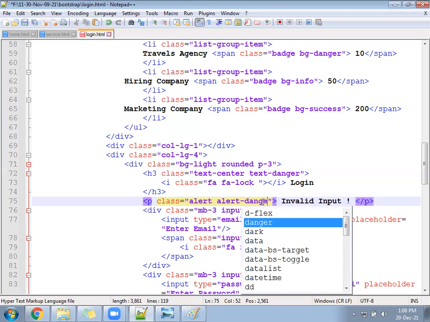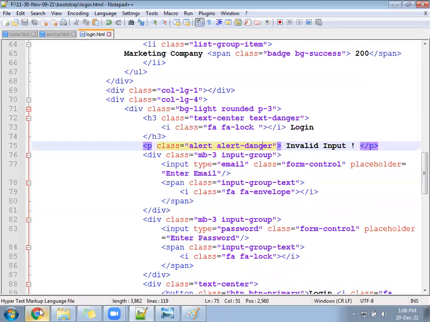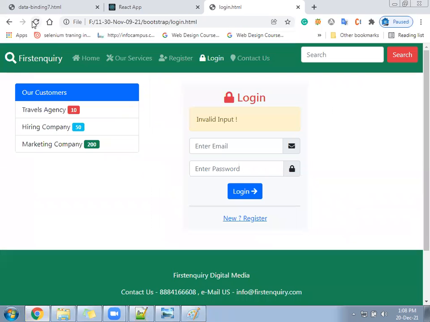Danger will come in full red color. And then you can see.